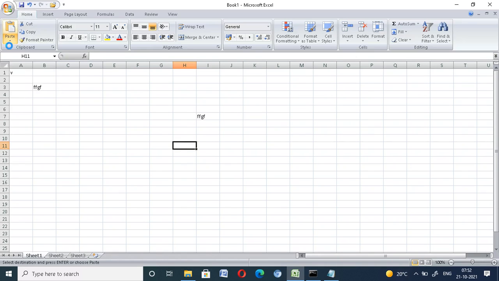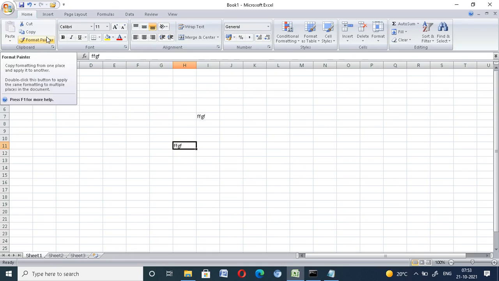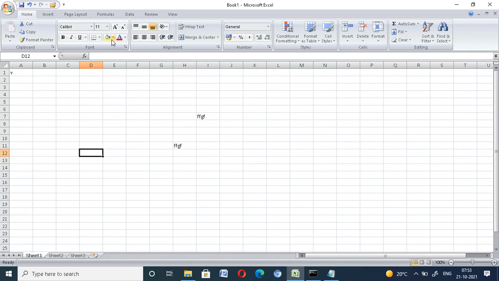Now another part is Format Painter. There are two cells, and you have already set the format of this cell. Now you want to change the format of another cell, without changing its values, to match the previous one, D12.